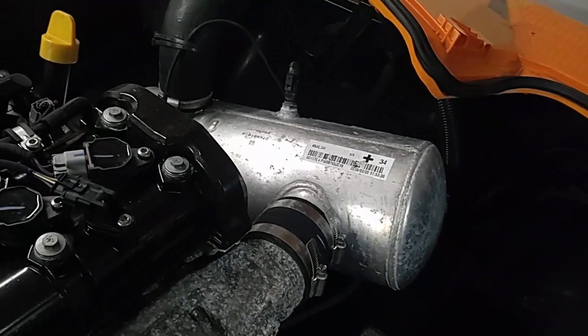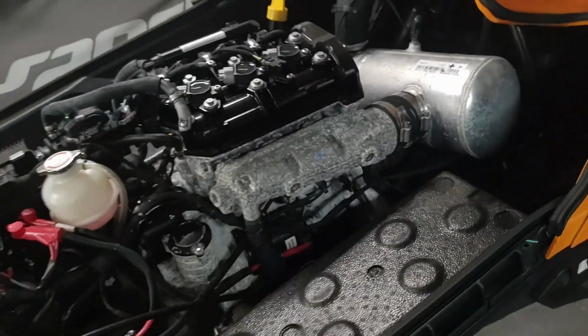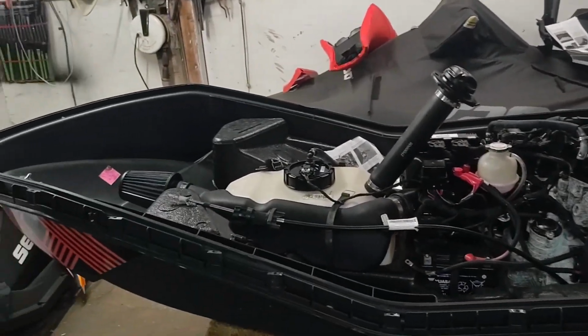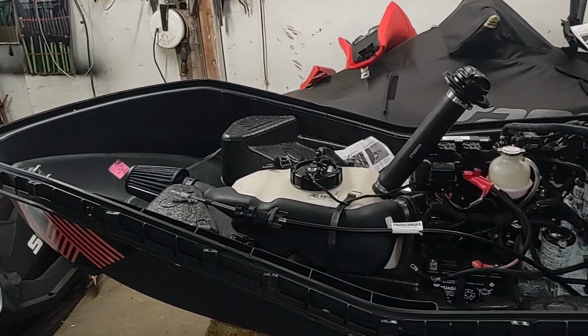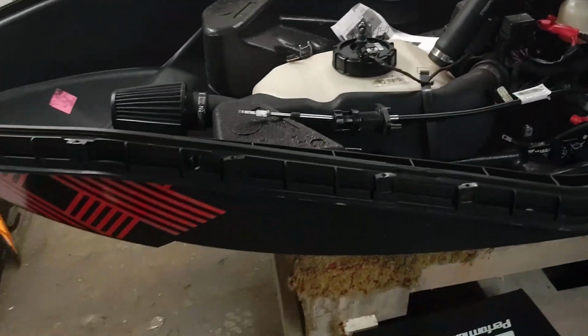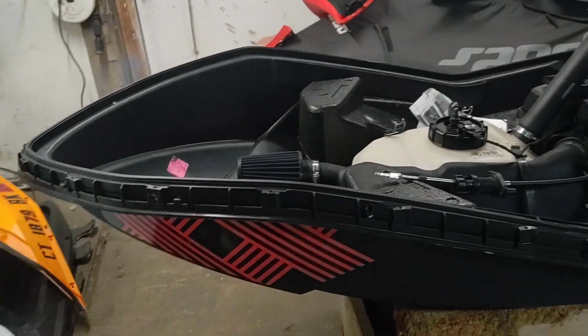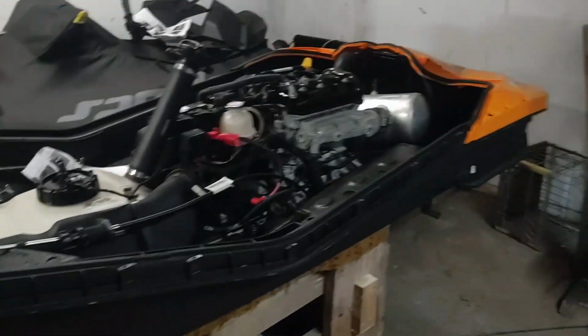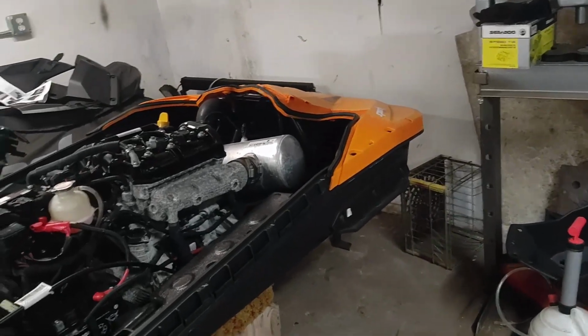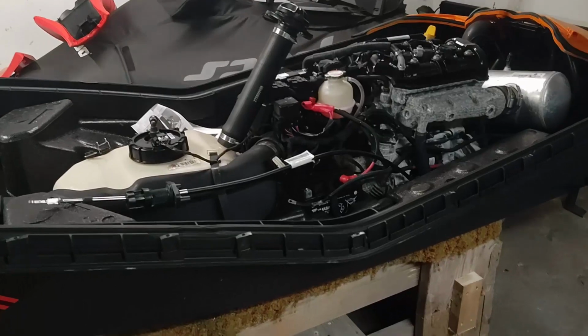So I'm going to call them back up tomorrow, which would be Tuesday, day after Memorial Day, and we're going to see what they might mention or anything about that too. As for splitting the hull, I'll do a quick compilation of how we did it and the reason why I took off the front nose piece too, and I also took out the back piece as well. I took the entire hull apart just because I wanted to see the stripping and if there was any leak going on,